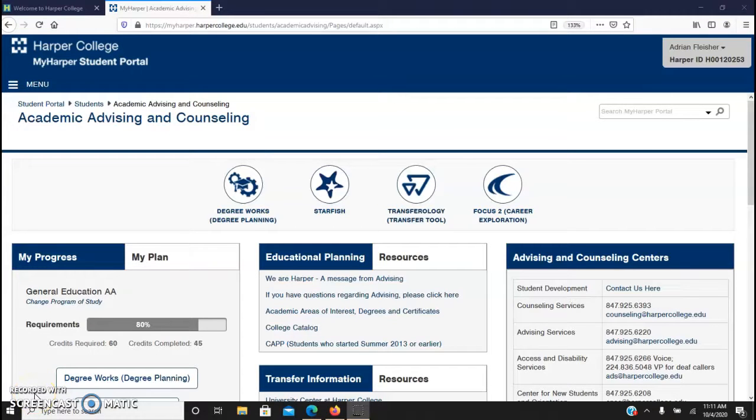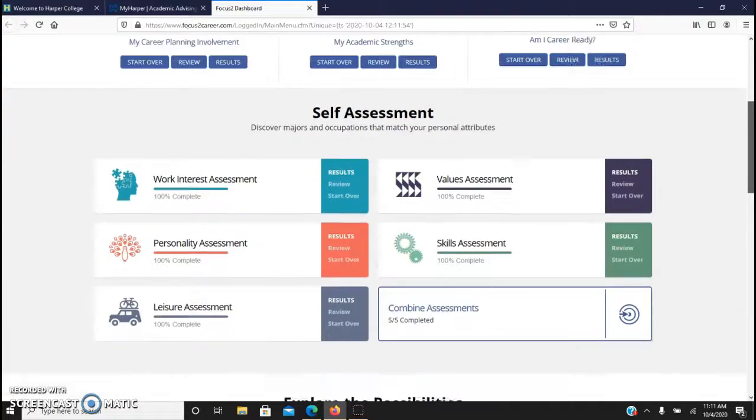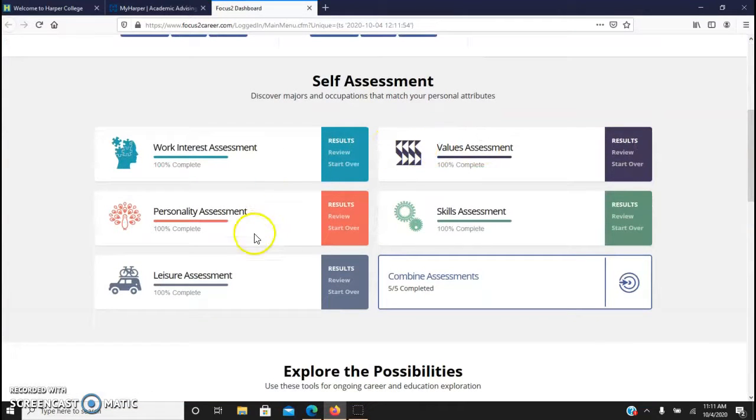This is FYS 101 and we are going over the final Focus 2 assignment. So far we've had 5 of these, and what we've done so far is we've gone through the different self-assessments of work, interest, personality, leisure, values, and skills. And now this last assignment we're going to combine those assessments together, and it's really simple to do